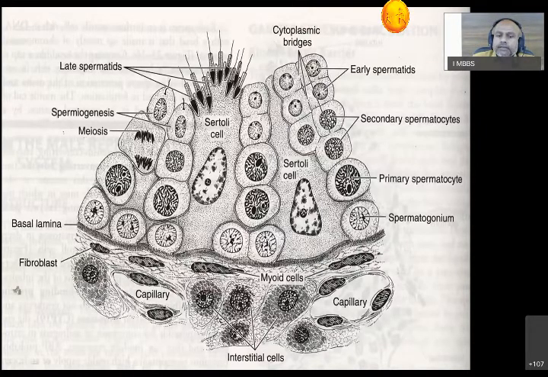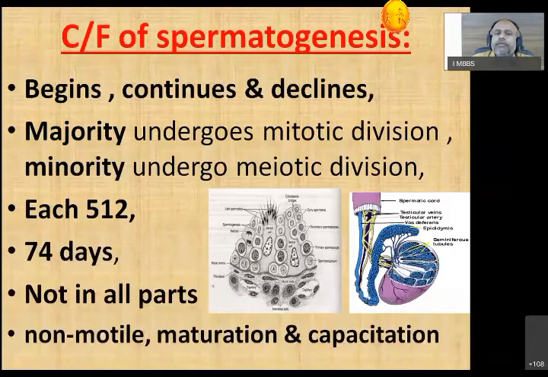Here, the stages of development of spermatogonium. These are the capillaries, and from here, the testosterone that is released will go into the blood through this capillary, and through circulation, it will appear in your blood. And at the target organs, the testosterone will cause the desired changes. We have seen the changes in males that happen due to the increased level of testosterone hormone.